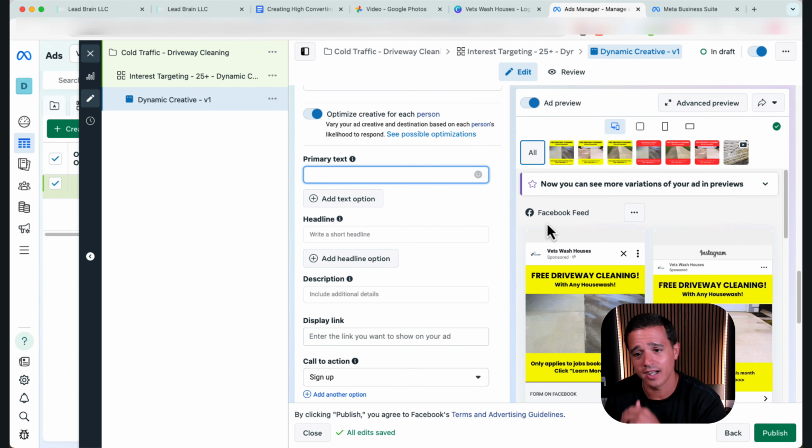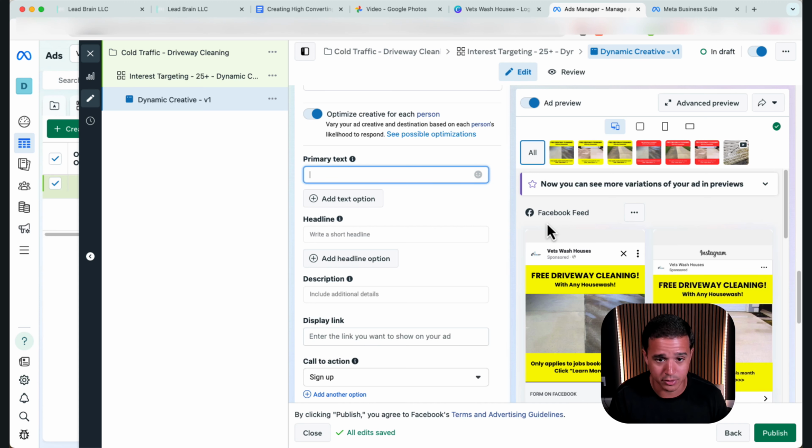Now, I keep this super simple. Some people like to go in here and write some dissertation with a bunch of emojis and stuff. I do use emojis, but essentially you want to call out your audience. I just go straight. Some people call out a problem, like, are you sick of your driveway being the laughing stock of the neighborhood because your driveway's filthy? And then, for a limited time, we're offering, and then a call to action.